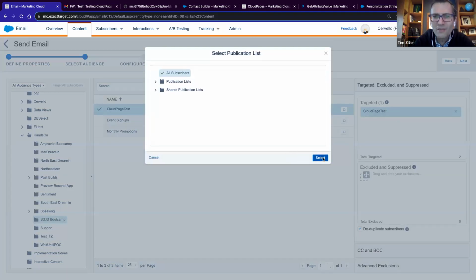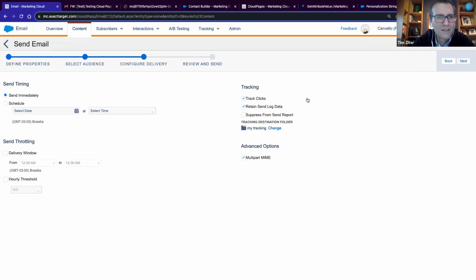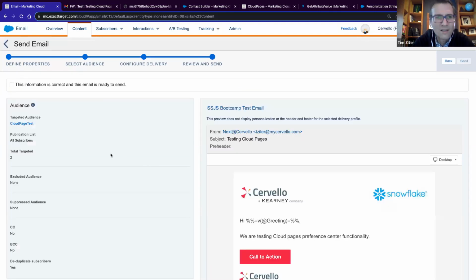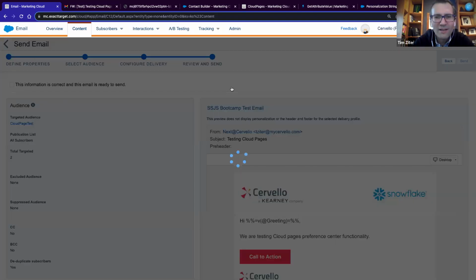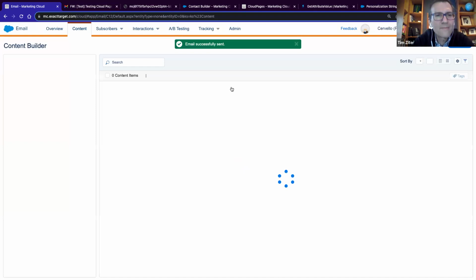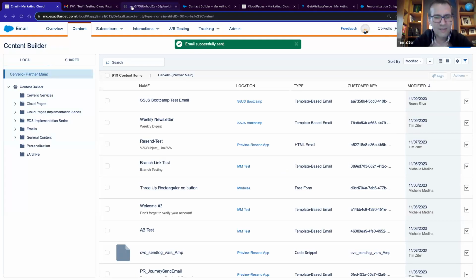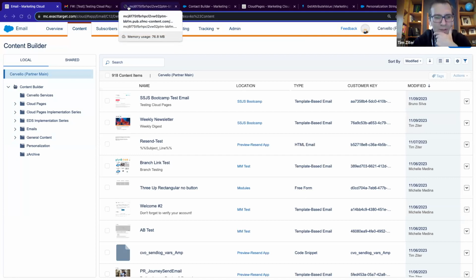Walking through the email send functionality using all subscribers. Okay, nicely done. All right, cool. So while we're waiting for that, Bruno, do you want to try in the cloud page, let's put in email adder just so that we can see how that data is coming through differently with a different, I think initially